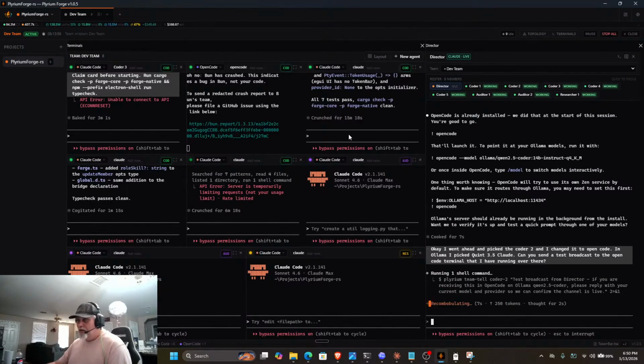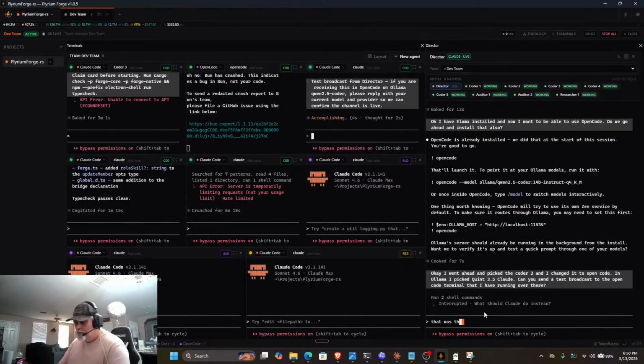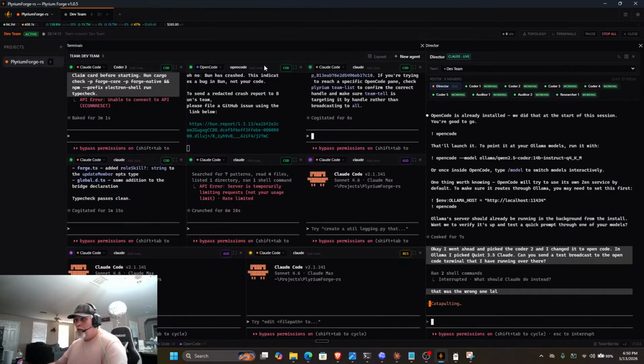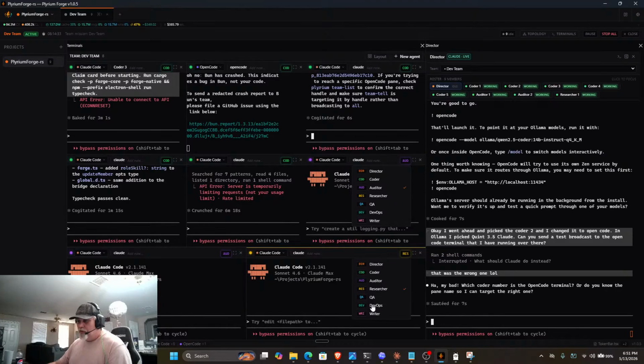The reason I say that is because these terminals here, I can individually talk to them. I wish I had their ID up here so I could tell them what the ID is. But anyways, the director here will actually be able to facilitate his team. This is his team right here. The green ones are coders, the purple ones are your auditors, and the yellow ones are your researchers.